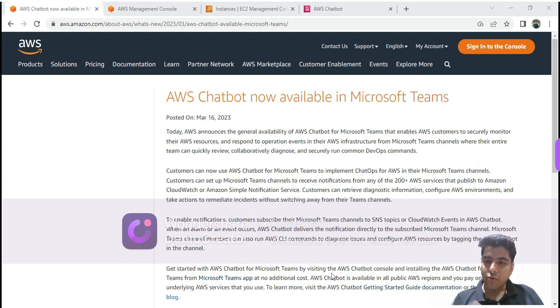There will be two parts of this demo. In one part, we'll be installing the AWS Chatbot service within our Microsoft Teams. Once that is done, we'll configure the AWS Chatbot service within the AWS console, and then I'll show you the demo of how that command can be executed. So to start with part number one,